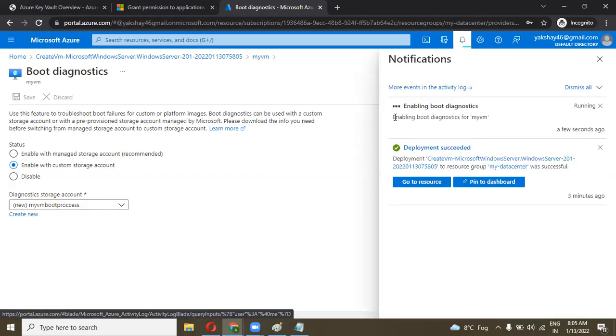It is now enabling the boot diagnostic on the virtual machine. Once it is completed,